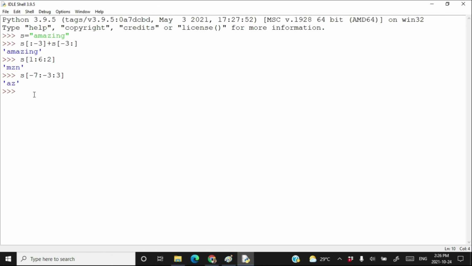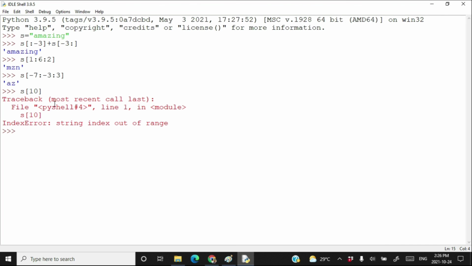If you write an index that is not present in the string, then you get an index out of bound error. Try to extract a character from an index which is not present in this string. Try to extract a character from index number 10 and here you got an index error, string index out of range.